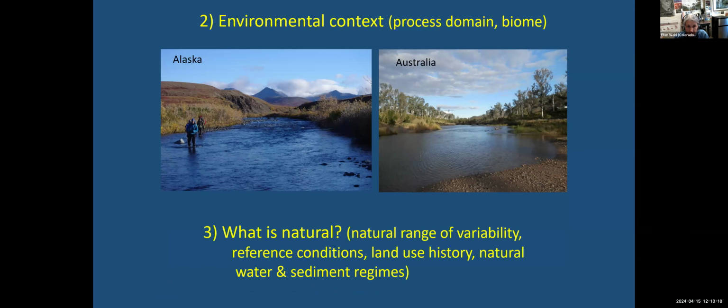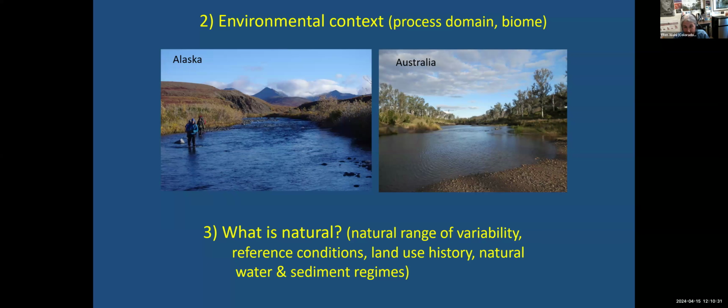And again, what is natural, stepping aside for a moment from the consideration of what you want to call natural in terms of pre-human alteration, there's also the issue that natural river corridors are dynamic. You can't take a static form and say this is what the river should look like, because many rivers, apart from human intervention, change quite a lot through time. They may flip back and forth, or they may have progressive change. But understanding that natural range of variability in whatever parameter you want to choose, so it could be flow regime, sediment dynamics, channel form, that's important, but it's difficult to do.